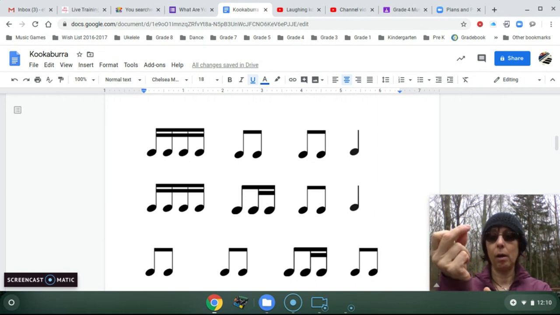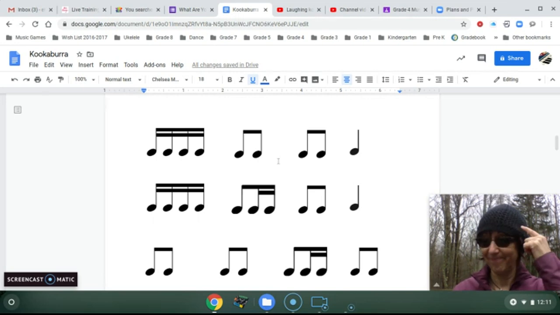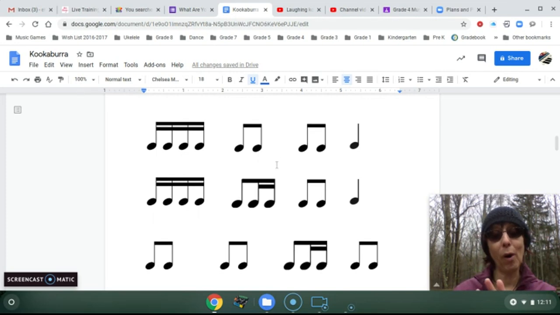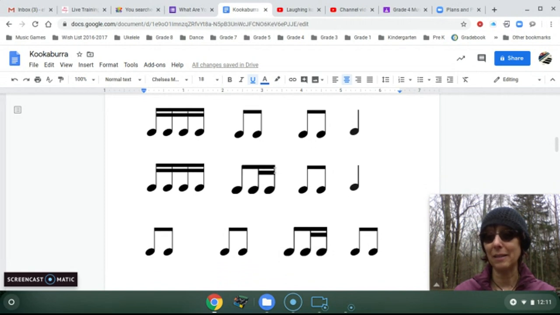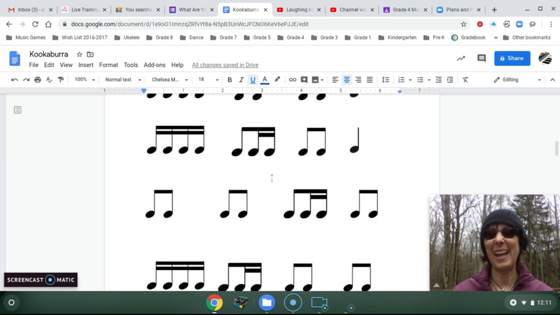Apple, apple, tea, berry, apple. Excellent. Now, I'm hoping some of you are super, super sleuthy that you're thinking, I bet Mrs. Friedman has put a couple of the rhythms from the song in here. It's true, I have. I'm wondering if when you see them, you're going to recognize them. I don't know. Maybe they already happened. I don't know either. I do, but I'm not going to tell you.